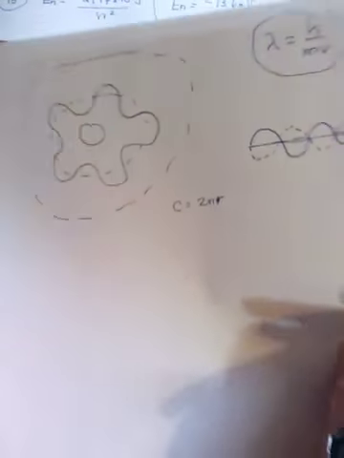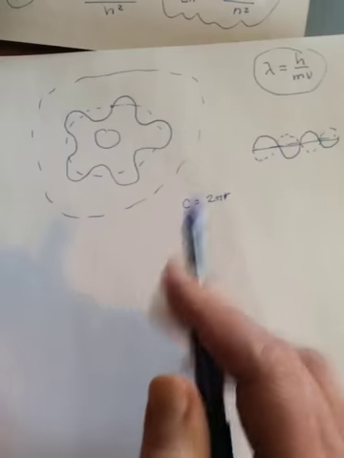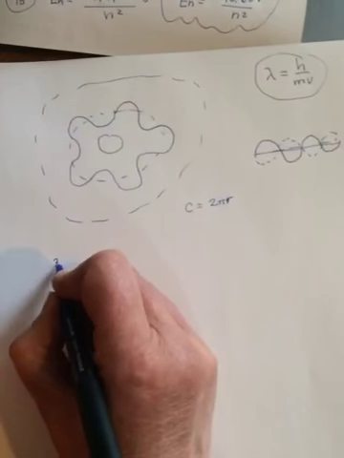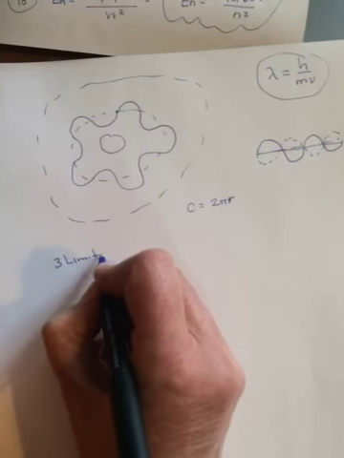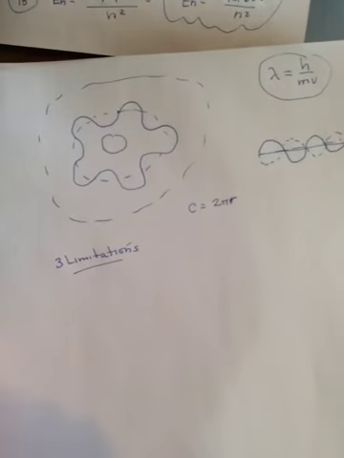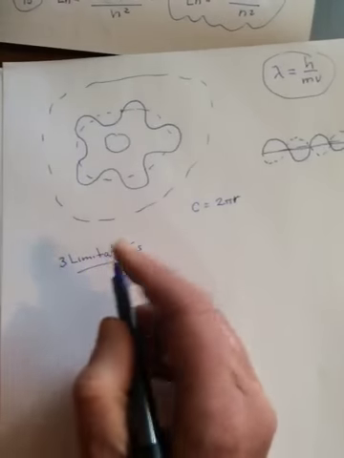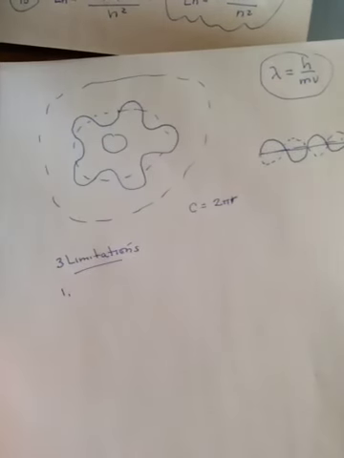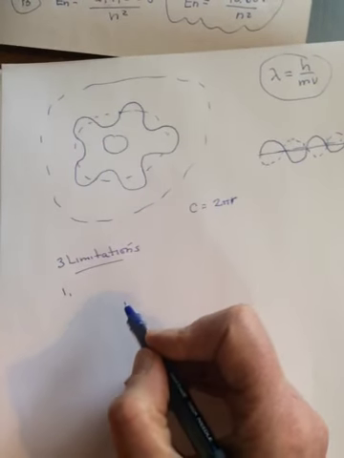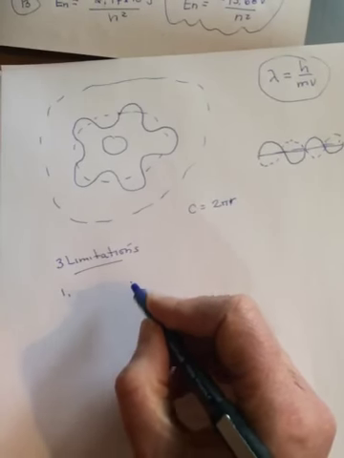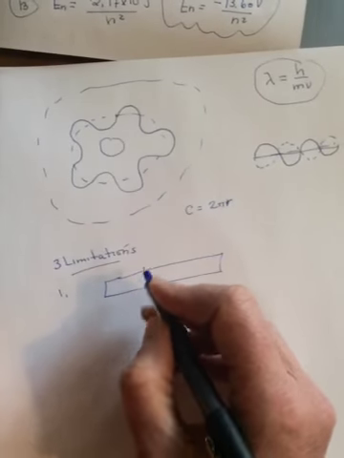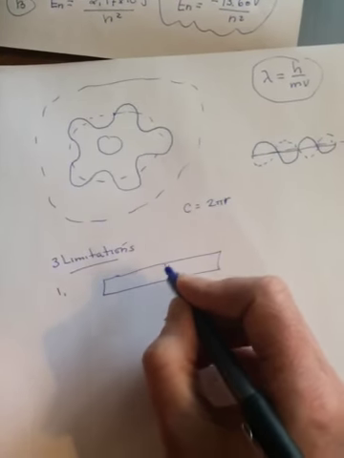In reality, a lot of what he said was true, but his model had 3 limitations. The first limitation was, and you're not going to understand this yet because we haven't talked about it, that he could not explain which spectral lines of hydrogen would be bright and which ones would be dim. And if we were in school, we would do a lab where we would heat the hydrogen gas up to the point where it gave off light, and we would look at the light that